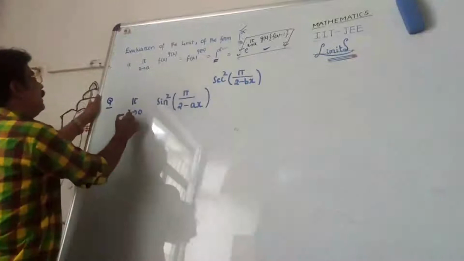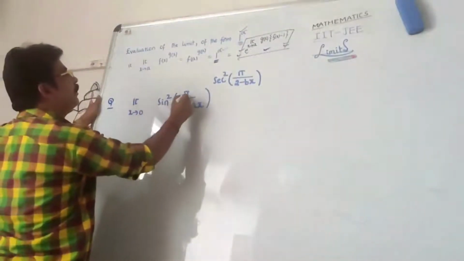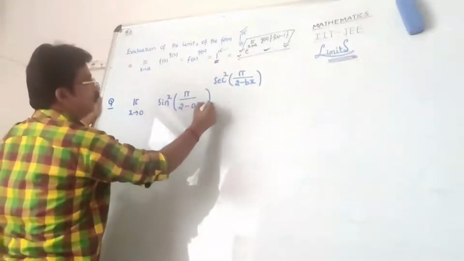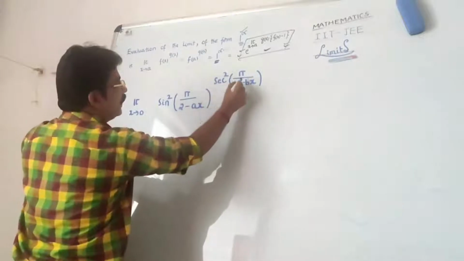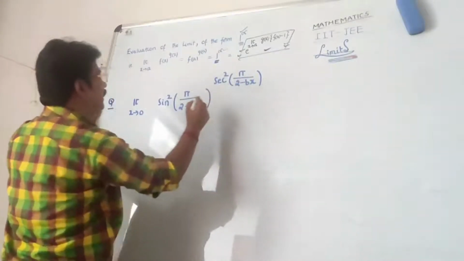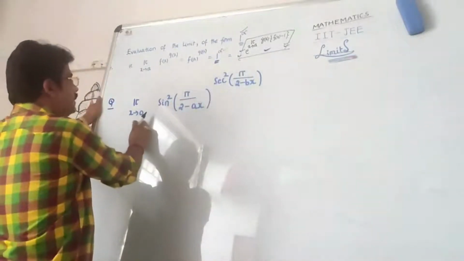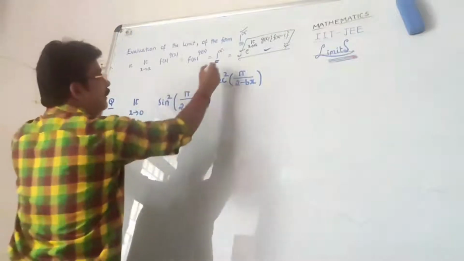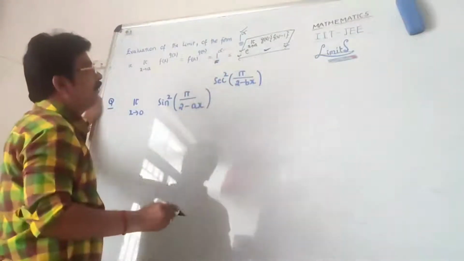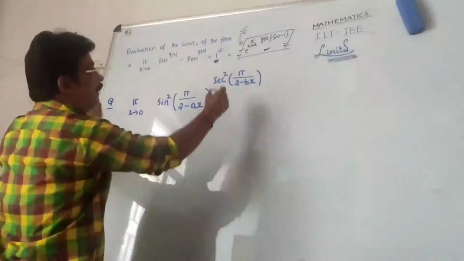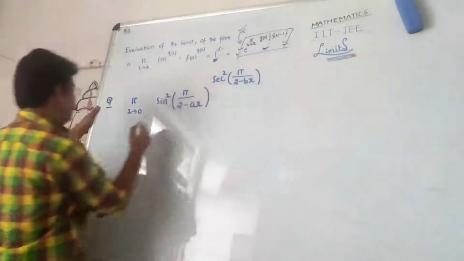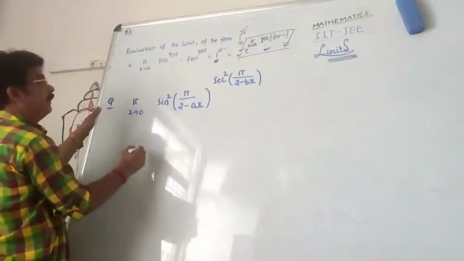Hence the problem. Limit x tends to 0, (sin square of (π/2 minus ax)) to the power of secant square of (π/2 minus bx). By putting x equal to 0 directly, we are obtaining here 1 to the power of infinity. That's why we apply this shortcut. So that is equal to e to the power of